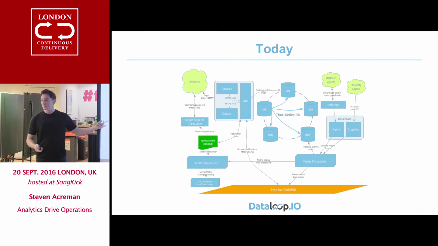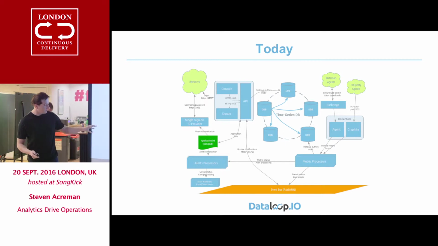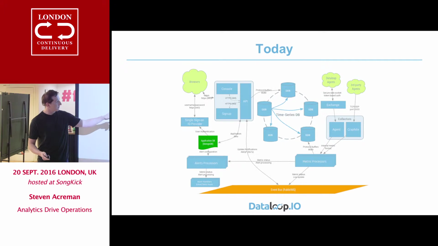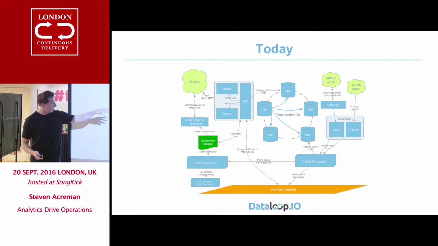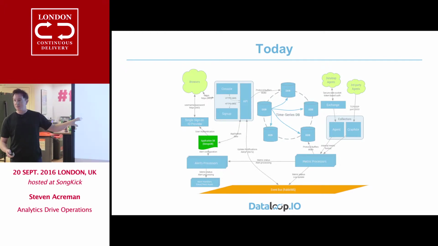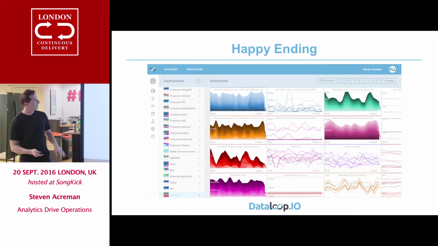So I got better at diagrams at this stage. I found a new tool for doing them. And it's pretty much still a similar architecture, except this time we've got Rabbit, still got the things coming in, still the collectors. We've got our new Timeseries database coming in. We added extra services, for single sign-on and multi-tenancy and things, but that's pretty much it. So a happy ending, right?